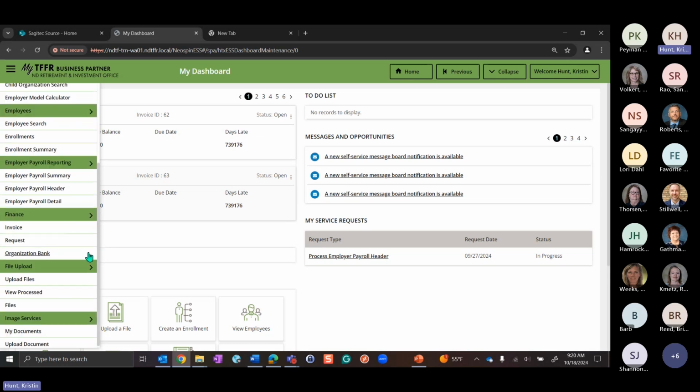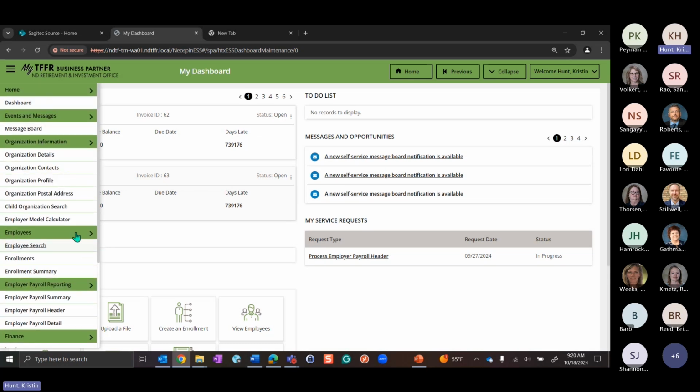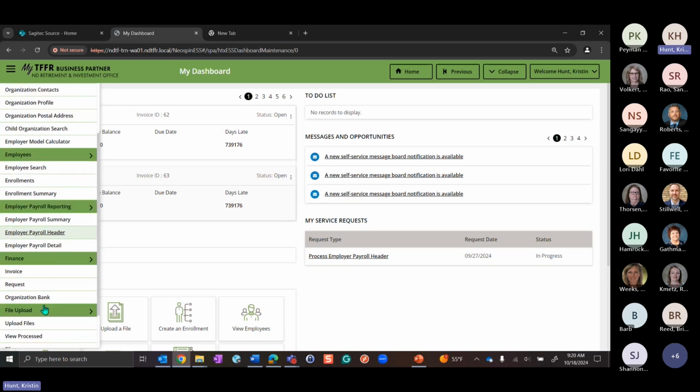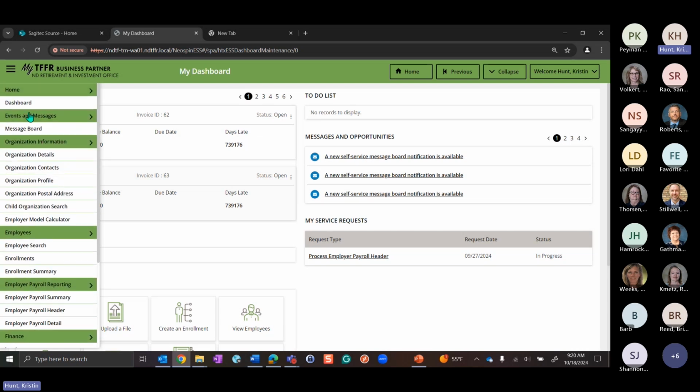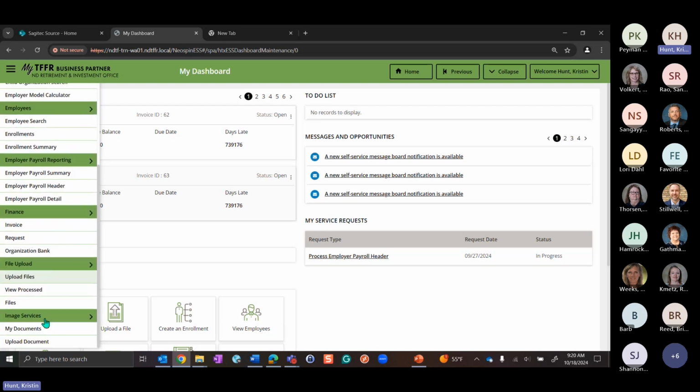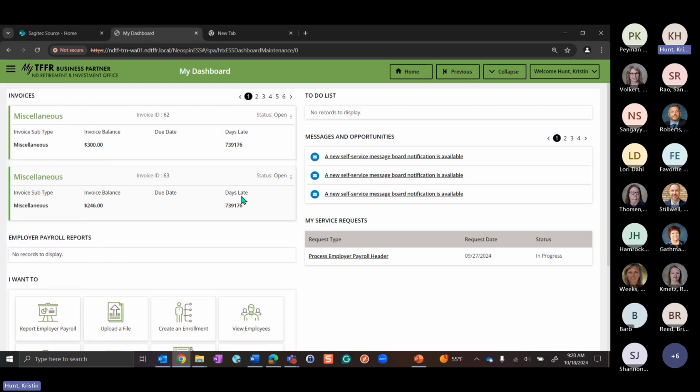So I just wanted to point that out before I kept going further, because I know sometimes people see this long list and they're overwhelmed, but don't worry. It'll be more specific to your actual role. And I will come back to this menu and go through it, because this is how I'll be navigating when I start doing other stuff in the system.